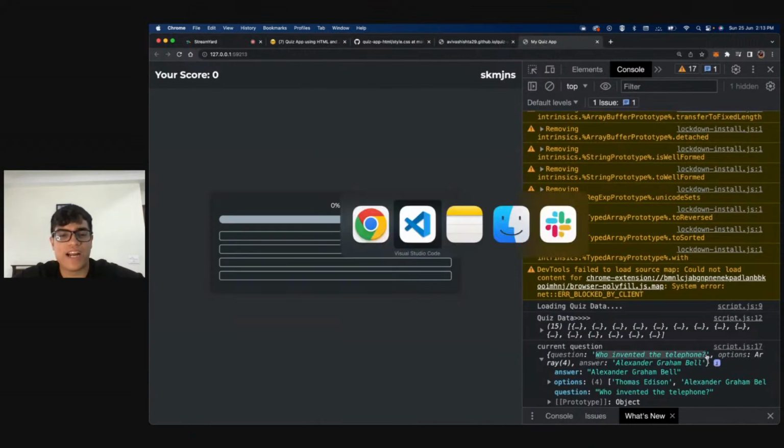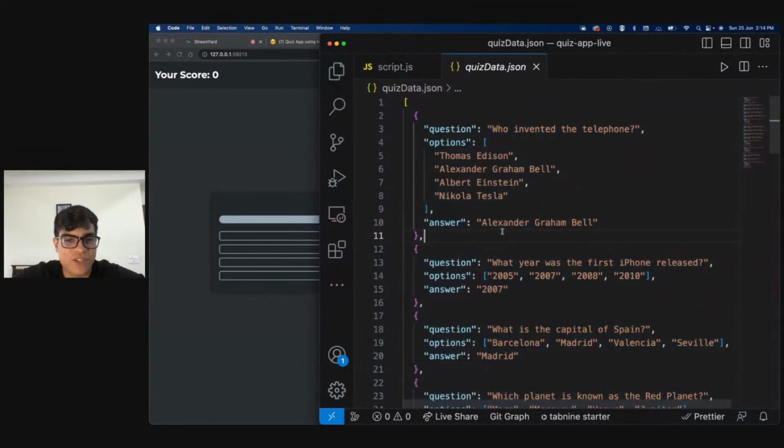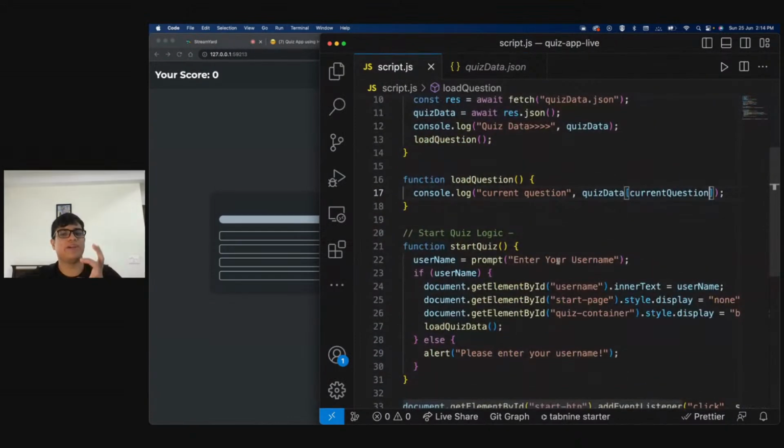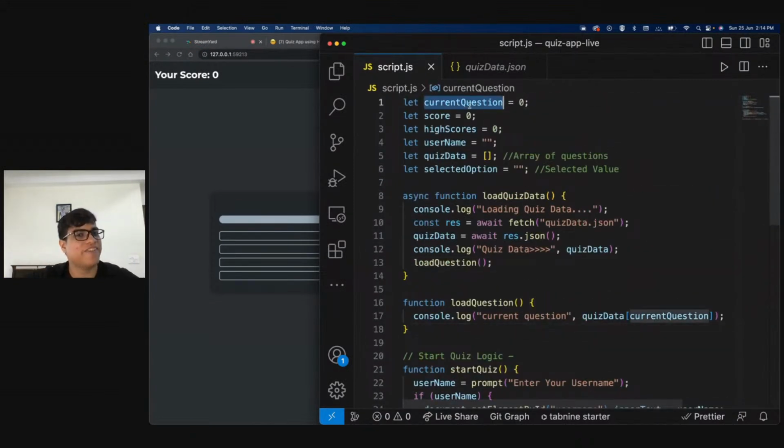And if you have a look at our JSON, this is actually the first question. So now I think everything should be coming together. We will load a question. Now, when the user says next question, what do we need to do? I need to increment this by one. The current question will be current question plus one, then again plus one, right? This way, every time I load, I will load a new question. Does this make sense?